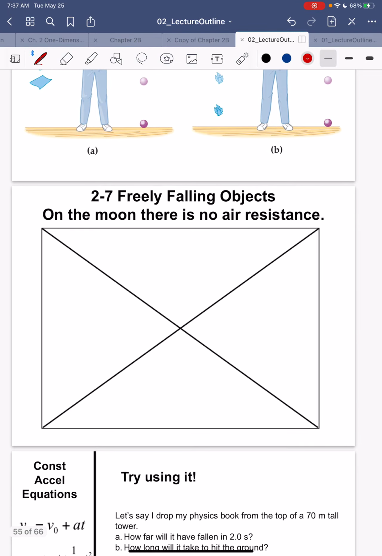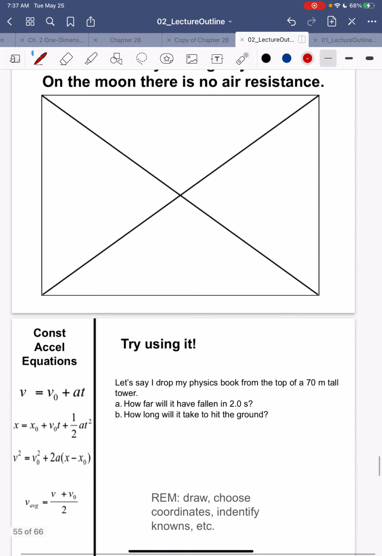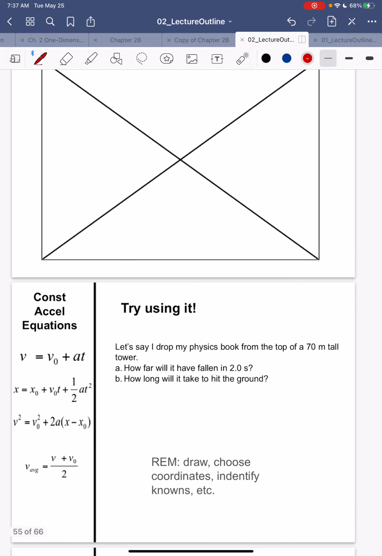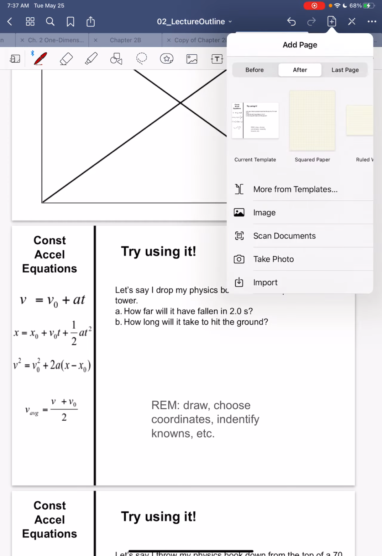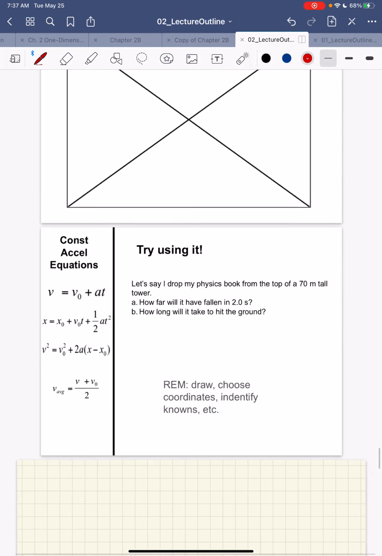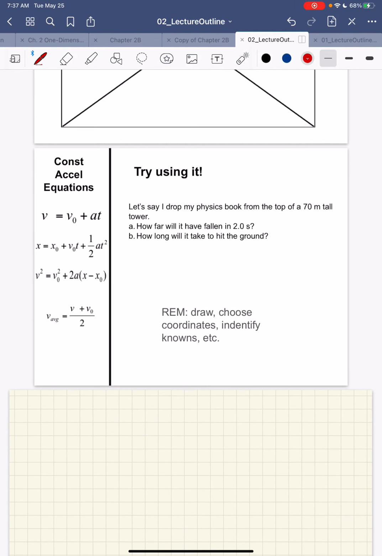Okay, on the moon there is no air resistance, and this is the reason why we were able to do that. Now we are going to use the same set of equations for a free fall. This is where I will now start. It's the same set of equations, but we are going to know our acceleration to be